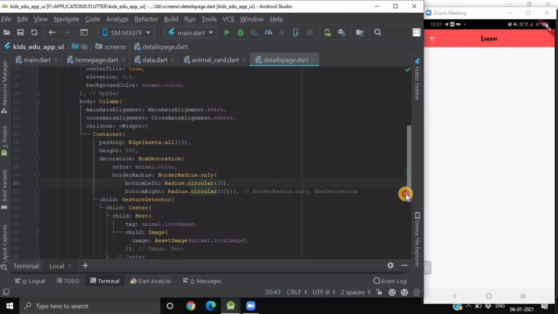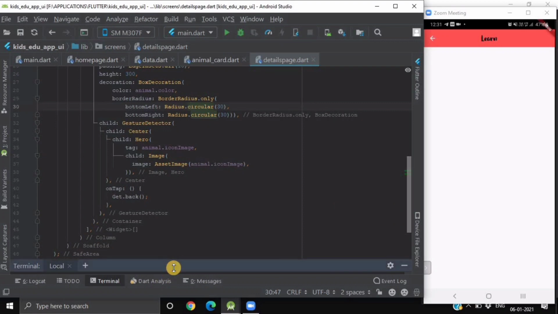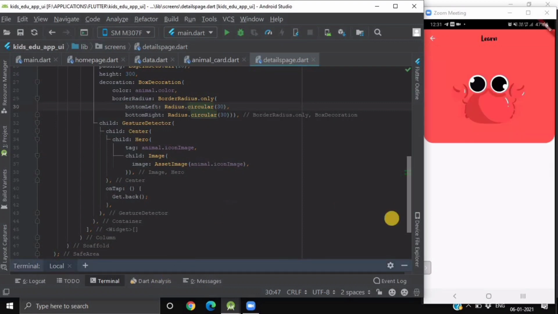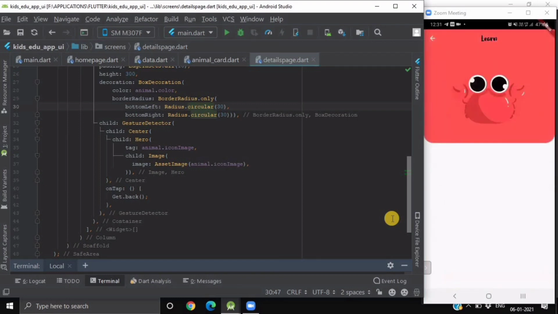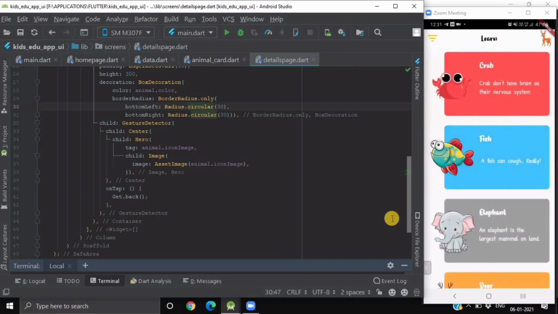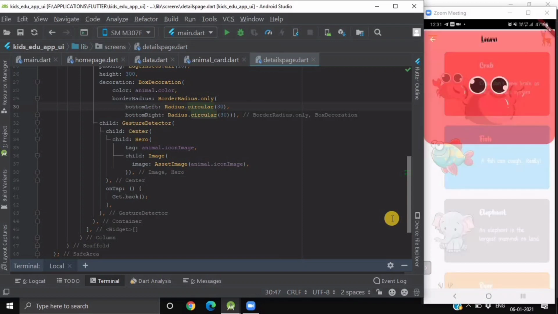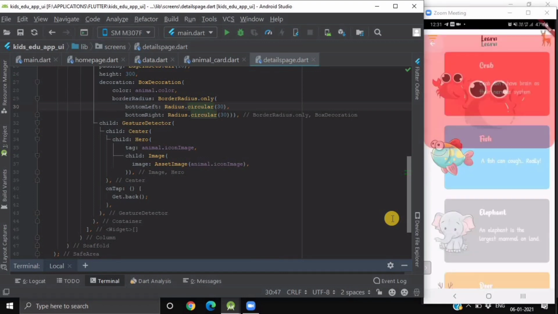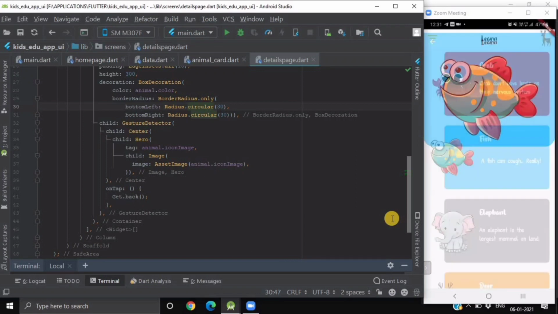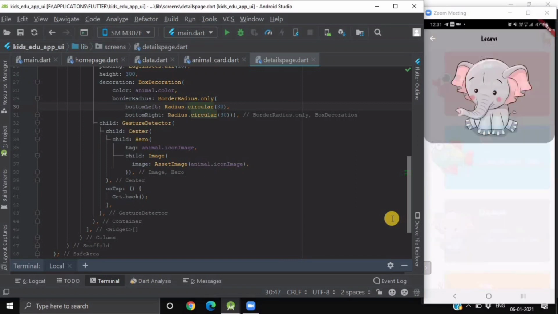So this is also done. So when you will hot reload it, now you can see that we are having our animal icon image inside our container. So if we on tap on this image, you can see a beautiful hero animation. My screen is getting a little bit sticky right now, so I hope you are getting this. We click on another animal and still hero animation is taking place. Okay, and the color of the container and app bar is also changing.